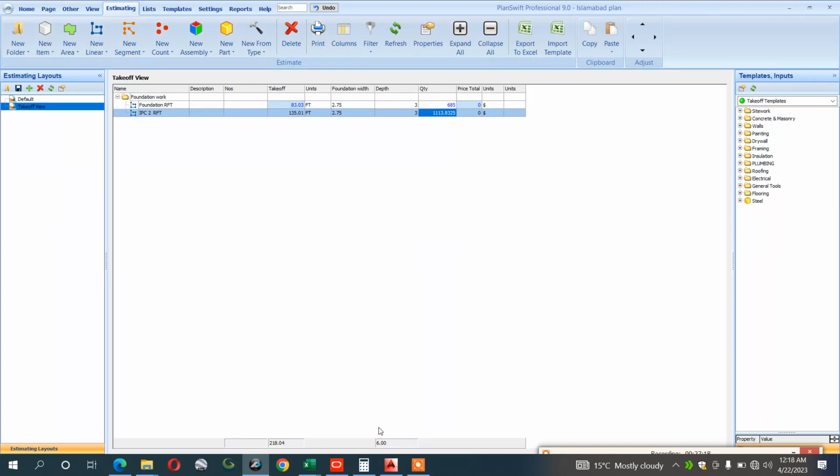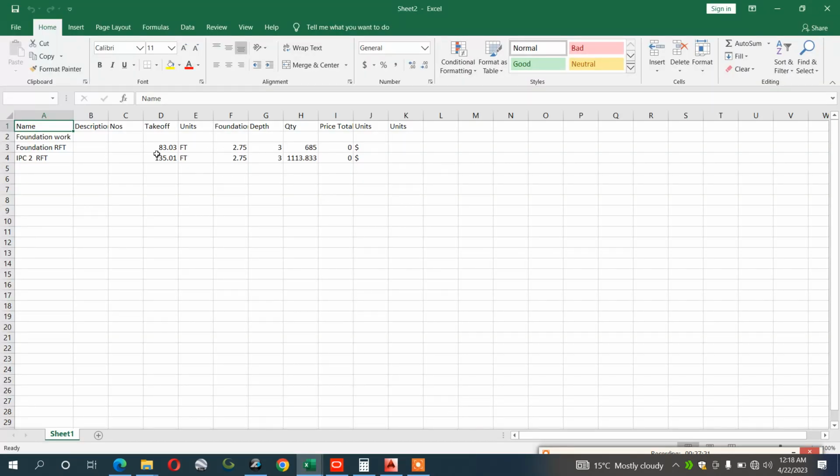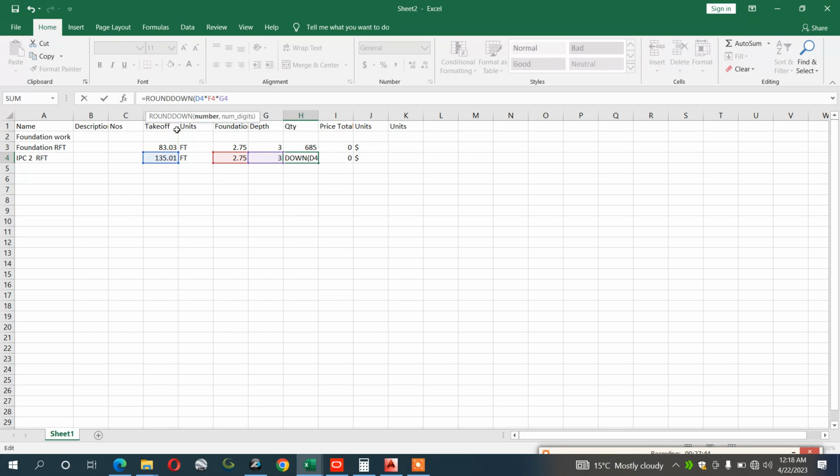Export to Excel. At this time open this tab, it is given you IPC 135, and you can get it. If you want to do it manually, 135 multiply 2.75 multiply by 3, hit enter. Okay, you will get the same value. Okay, I will do it round down. I will do the bracket off, bracket on, and then hit enter. Just double one, triple 1 3. Okay,